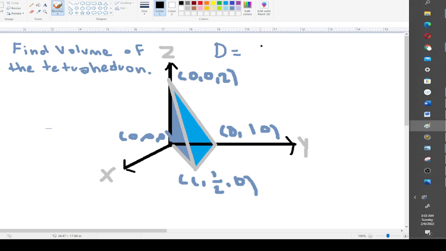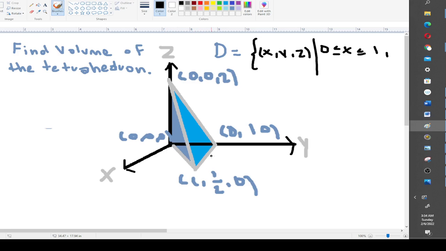I'm going to solve this problem by trying to find it using triple integration. So if we try to set up the domain for the integral, we'll have a function of x, y, and z with x going from 0 to 1. So we know we're going to go from 0 to 1 for the x. And for the y, we can see that we're going to go from, we start at 0, 1, 0, and we go to,